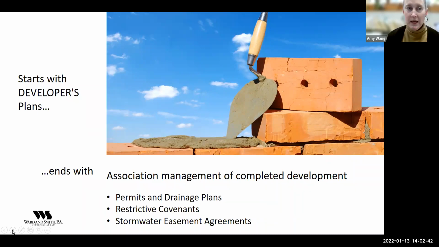All of this typically begins with a developer's idea and the developer's plans for a community. The development typically begins with construction plans for the community.